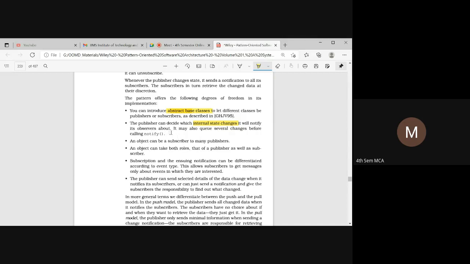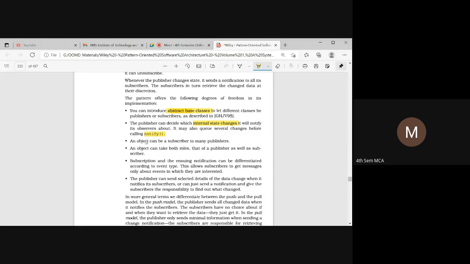So this is a particular component, and if any component is not working or has failed to work, then it has to notify all the other subscribers. It uses a method called the notify method. So when the notify method is invoked or called, it brings several changes that have to be adopted.